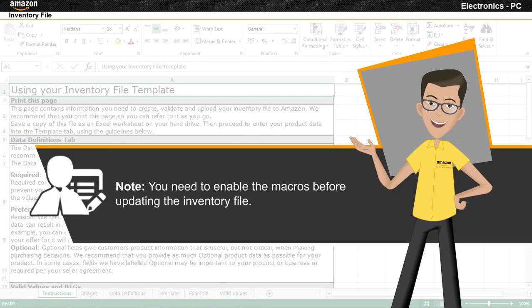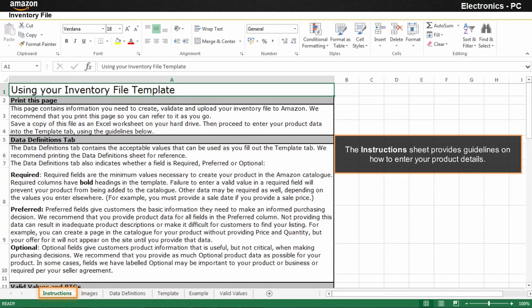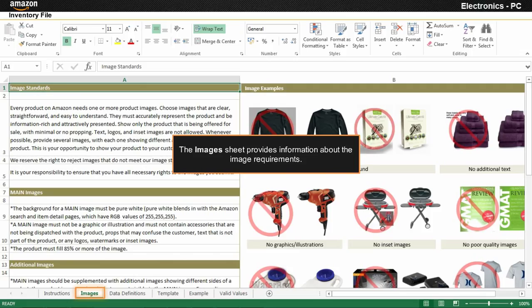Note that you need to enable the macros before updating the inventory file. The instructions sheet is displayed by default when you open the file. You could refer to the guidelines available on this sheet to enter your product details. The Images sheet provides information about the image requirements you need to keep in mind while uploading product images on